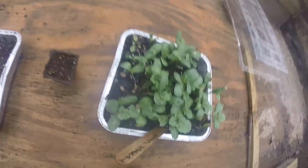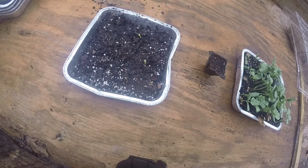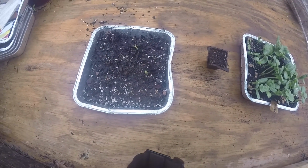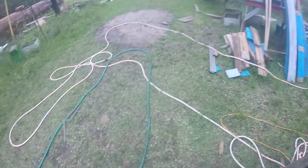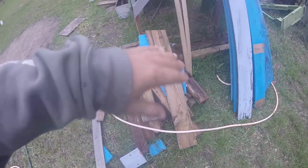We got to figure out where we're going to put all these watermelons now, because there's no more room in the garden. We're going to figure it out. And now I got to find a piece of deck board and stuff. And what that's going to be for is